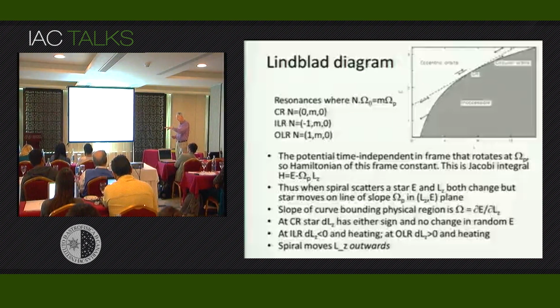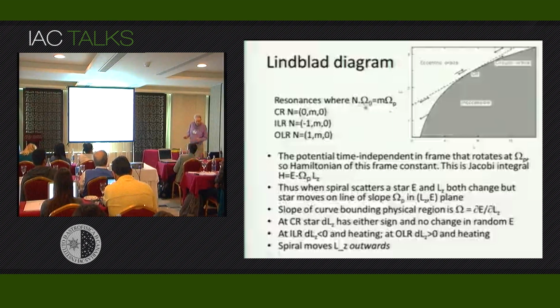What that's saying is that the frequency at which the star experiences the spiral structure, which is m times the difference between its going around and around frequency and the rate at which the pattern is going around and around, so that's m times omega phi minus omega p, is equal to the radial frequency. So that frequency which it experiences is the frequency at which it naturally oscillates this way.